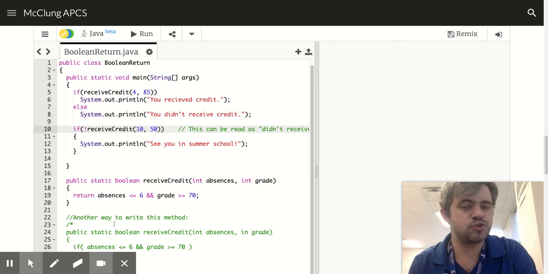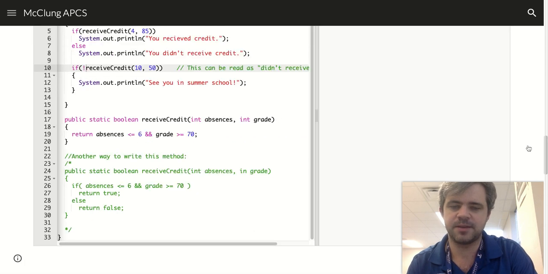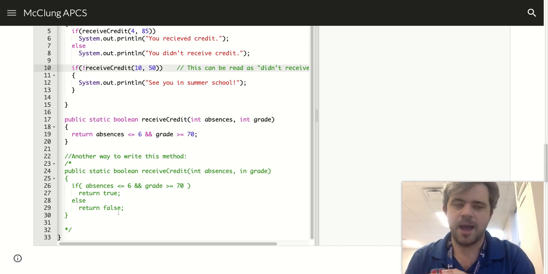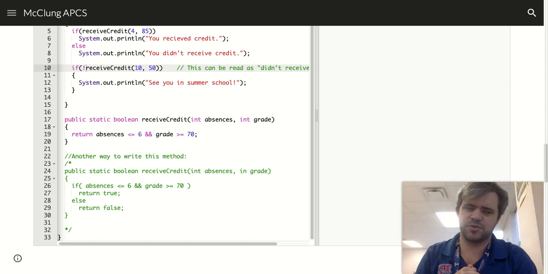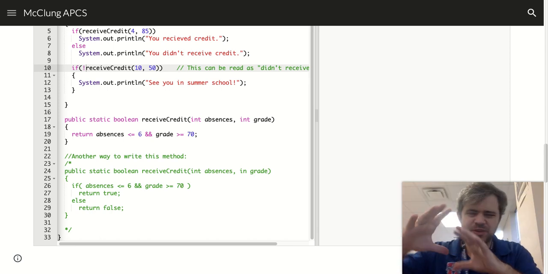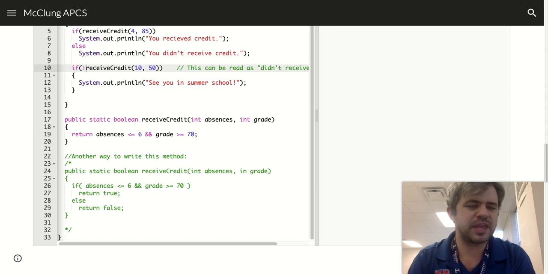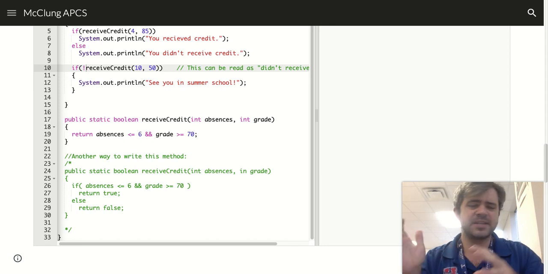Now, when it's your turn to write these methods yourself, I have a lot of people who are tempted to write them like this, okay? If our conditions are true, return true, else return false. That's not wrong, it works. And sometimes they'll even write these really convoluted ones, like, if this is true, return true. Else, if, and they'll do an if statement inside an if statement, which sometimes you have to do, but usually if you find yourself doing that,